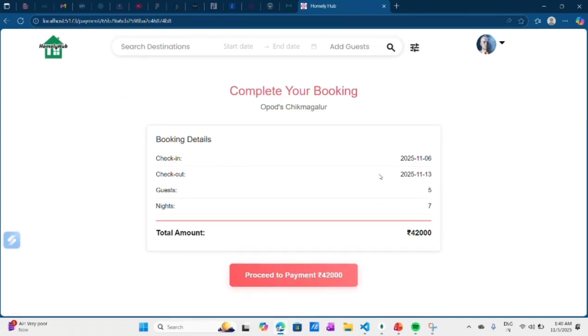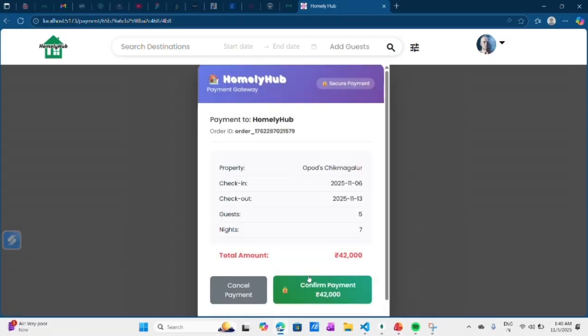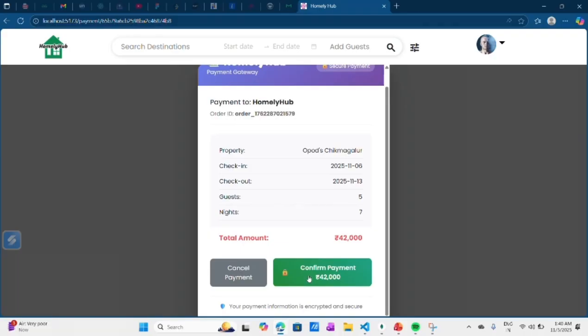If you click on that button, you can see a page with a new button, proceed to payment. If you click on the proceed to payment button, you see a page where you can see all the details, check in check out time, number of guests, number of stay, and the total amount is also there.